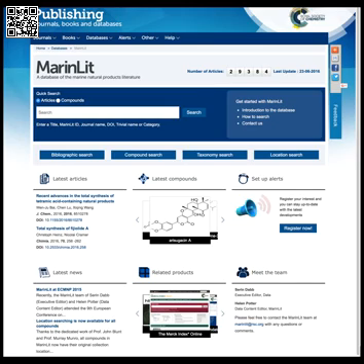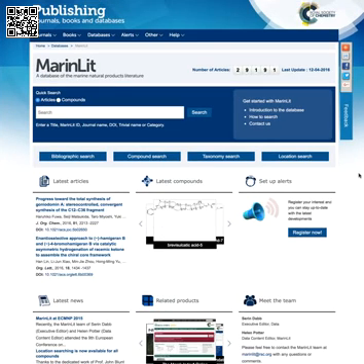The original database was just a collection of card files, with the first computer version of Marinlit being developed about 35 years ago at the start of the desktop computer age. Since then, Marinlit has been adopted by research groups worldwide and is now available as this web-based version through the Royal Society of Chemistry. This tutorial will provide a description of the contents of Marinlit and where to find the